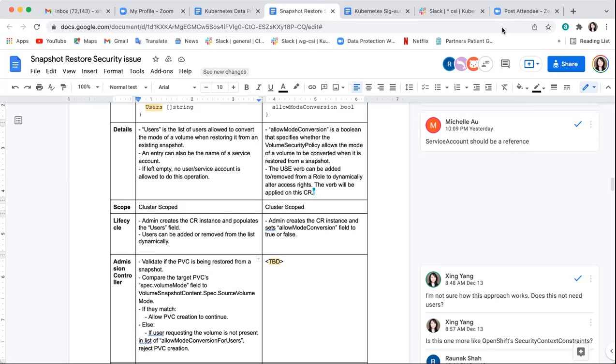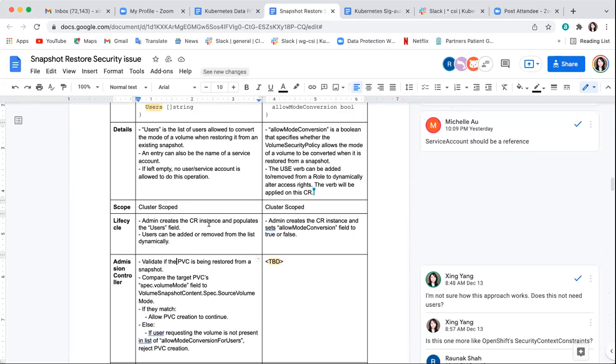Because again, if we allow the backup software to change the volume content, then a user can misuse that to restore a bad snapshot and bring a node down. In order to do this change, you have to have write access to the volume snapshot content. But backup software has this write access. And so therefore it can change things. It can, for example, statically provision a volume snapshot content.